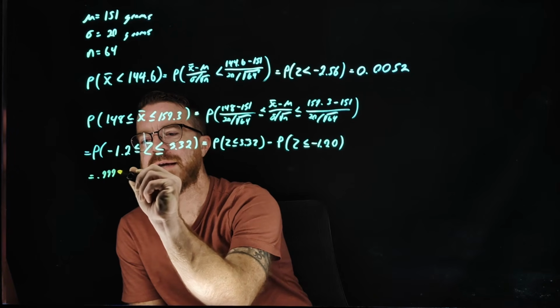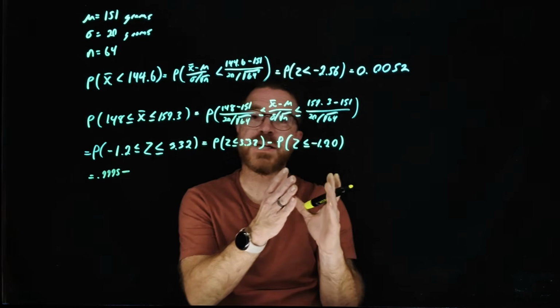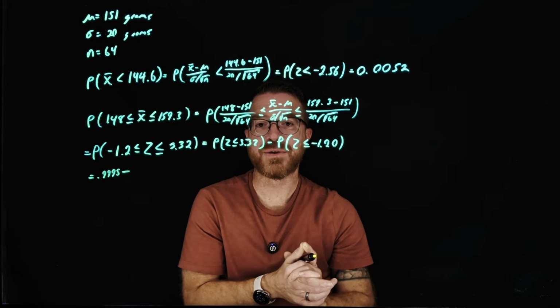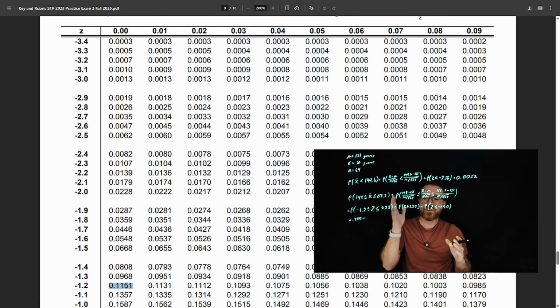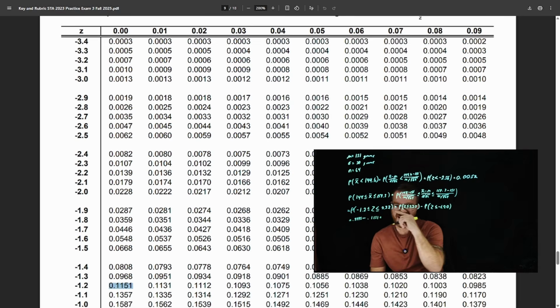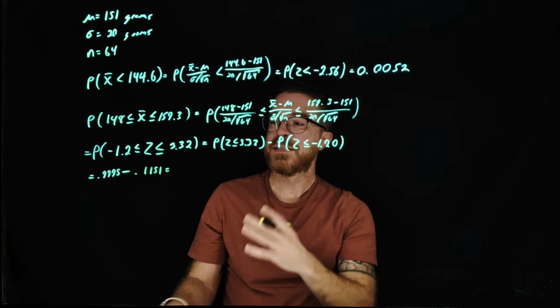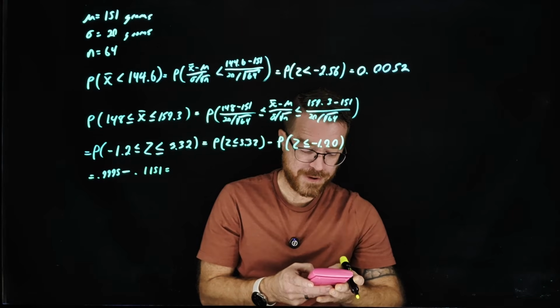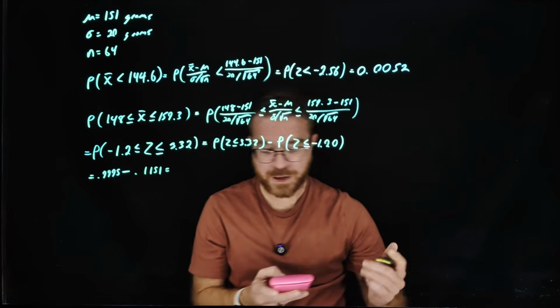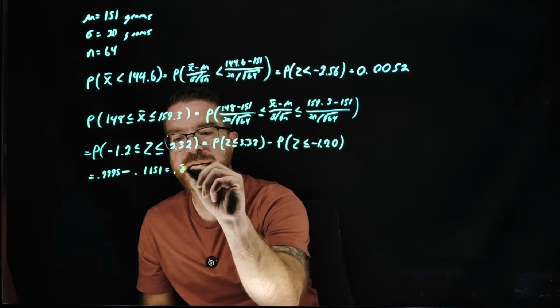So 0.9995 minus. Now we need to go to our negative z table and figure out what is the probability to the left of negative 1.2. So jumping to our negative table, we go down to negative 1.2. We go over to the first column, which is 0.00, and we get a value of 0.1151. So now we just need to figure out what is 0.9995 minus 0.1151, and we get a probability of